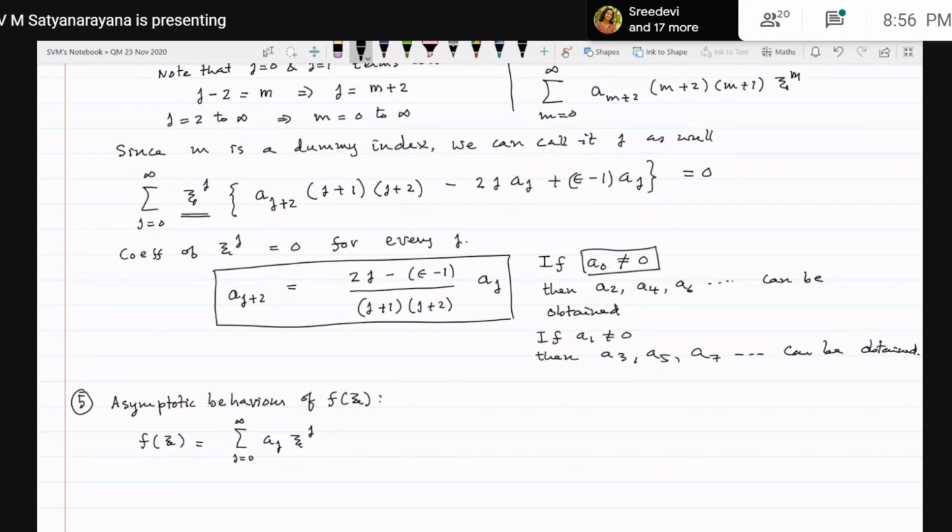Now note that as j goes to infinity, that means as you go to higher and higher terms of this series, the above recursion relation can be written as